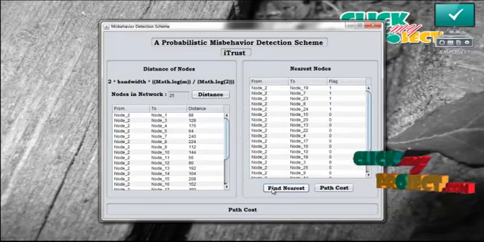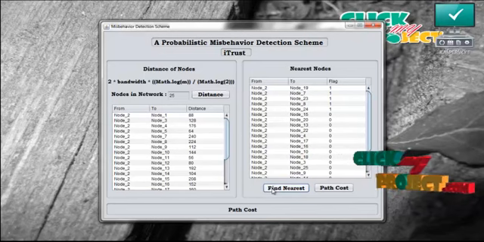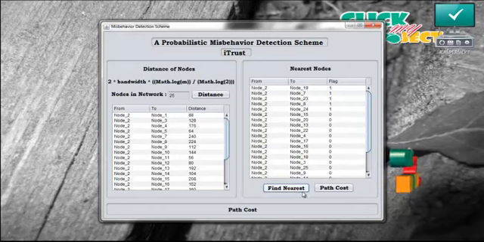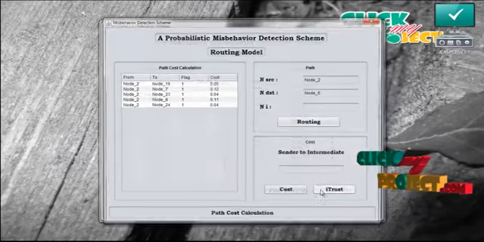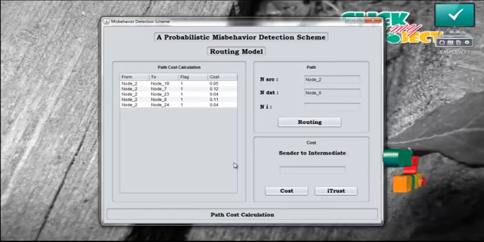Now set the flag value to 1 for the nodes which are nearest to the sender. The nodes that are distant from the sender have the flag value as 0. Now press path cost. Here the nodes which are displayed have the flag value as 1.